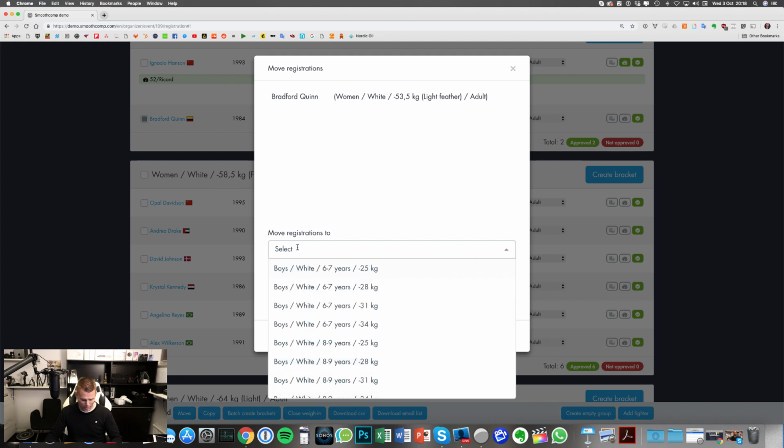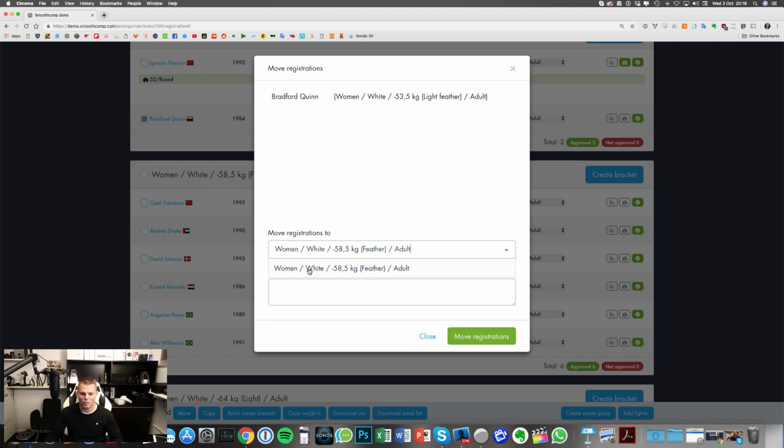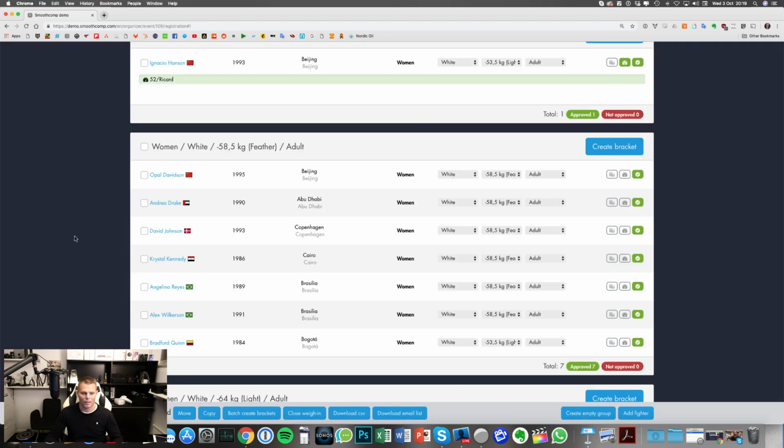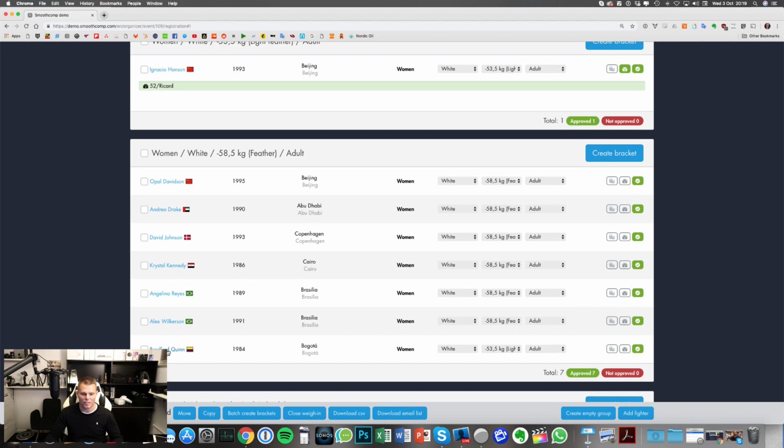And then I can paste it in here and activate the group that I want to move him to. I could write a public note saying that he missed weight and that's why we moved him. And now click move registrations. And as you can see now, Bradford is down here instead. And that is how you can move fighters.